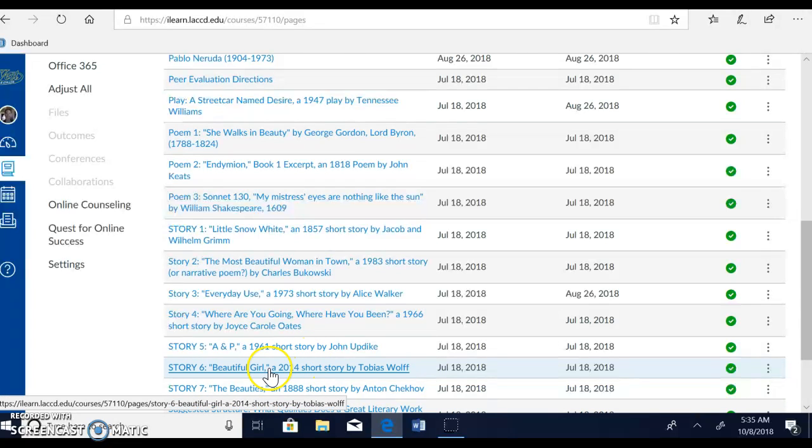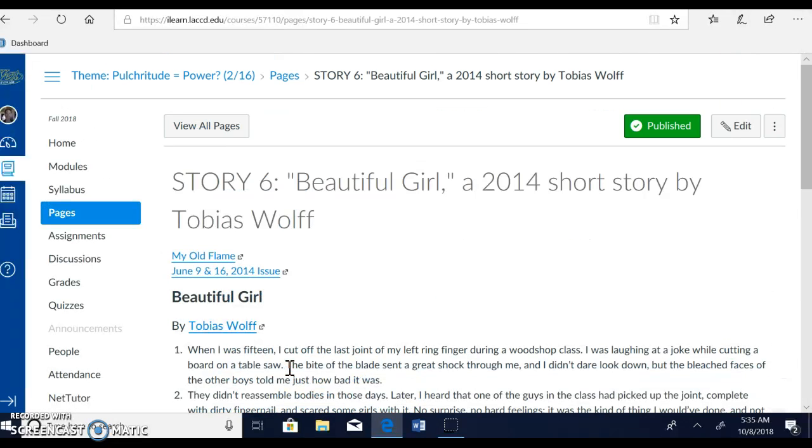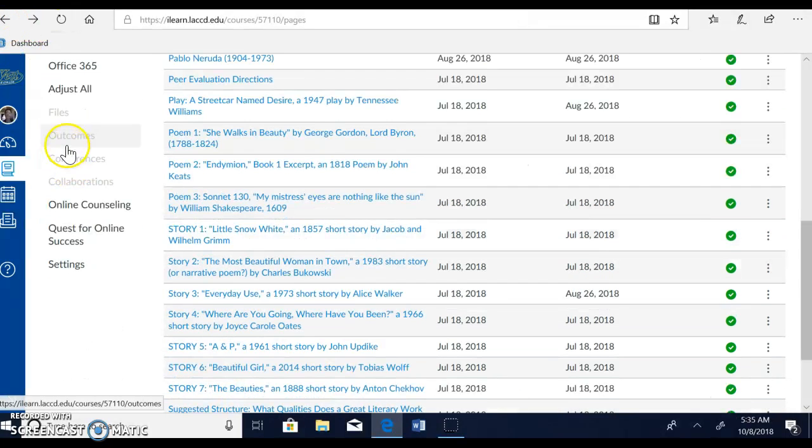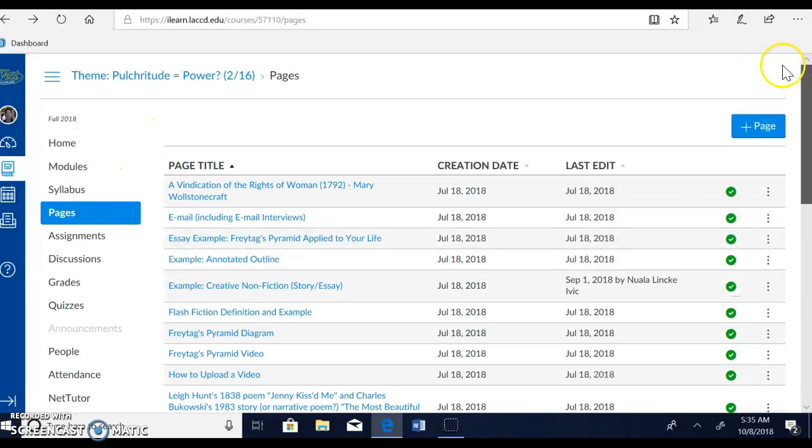All you need to do is click on these links to find these stories. Let me click on one of the links to show you. Here I have Tobias Wolff's short story, Beautiful Girl. Okay, let me go ahead and return us to home. I'll scroll up and click on home,